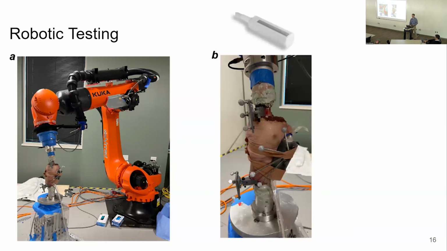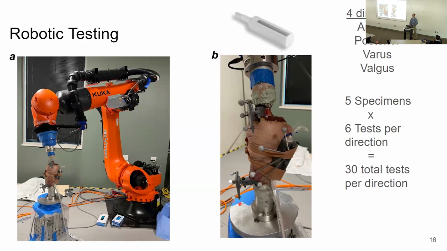And for the testing that we've done, we have an ultrasound transducer that we attach, or put on the knee, to image the bones. I guess you can't see my mouse, but this transducer right in the middle picture, we place right over the knee. It's a pretty low profile ultrasound transducer that's pretty convenient to measure bone motion. And so what I've tested so far is the 4 laxity tests that I talked about before: anterior, posterior, varus, and valgus. And we've tested so far 5 different specimens and 6 different tests per direction.